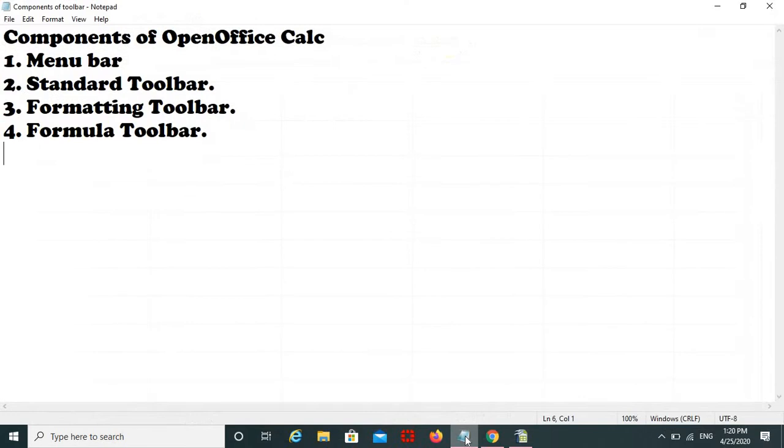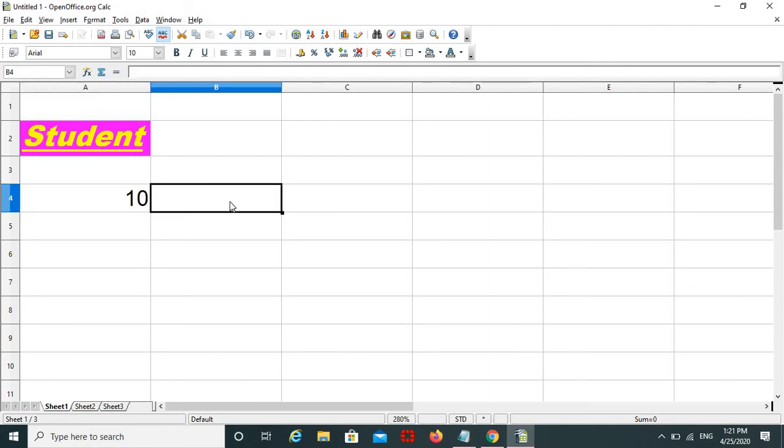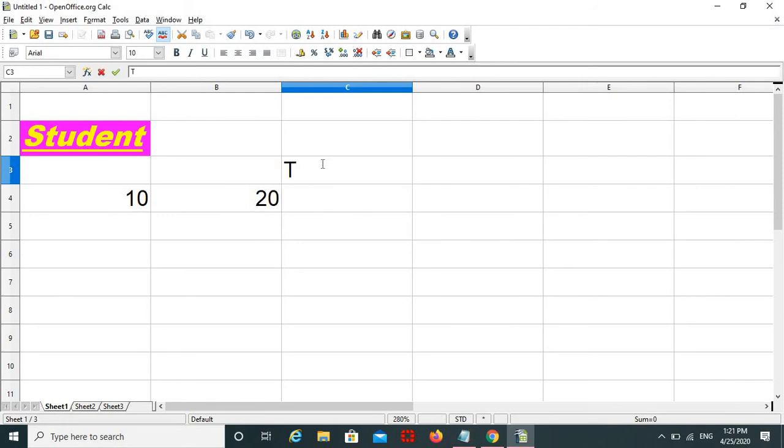The next point, the formula toolbar. So this is the formula toolbar. These are the formulas. By using this you can calculate some values. For example, here I'm typing 10, and the second one 20. Here, total.